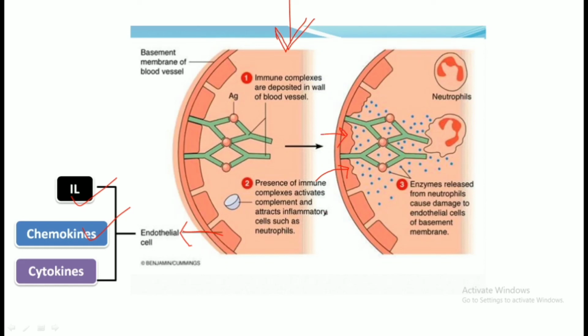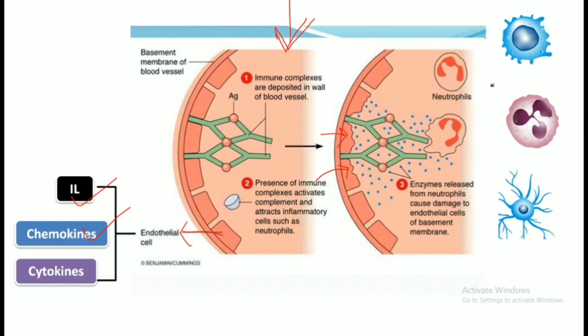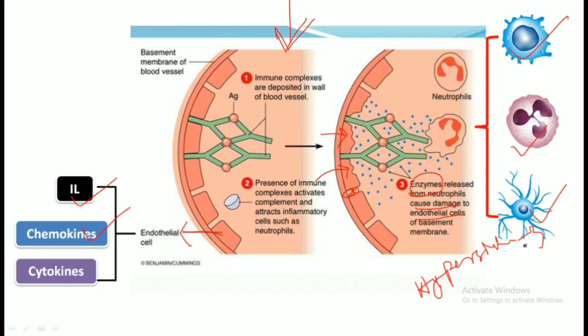After this, they call upon different other cells like the macrophages, neutrophils, dendritic cells, T cells, and natural killer cells, which can come out through the gaps of the endothelial lining, and these cells now start to release different enzymes or chemical factors which cause damage to the endothelial cells and also cause the hypersensitivity reaction. So this is all about type 3